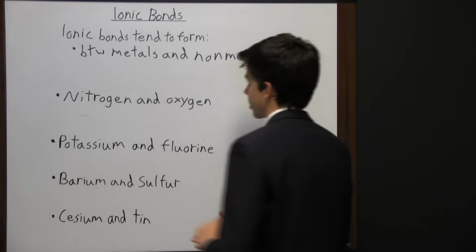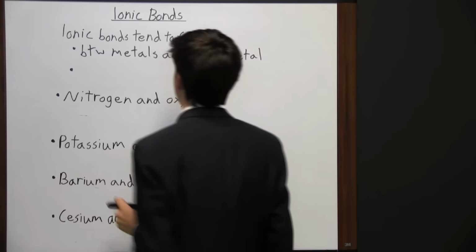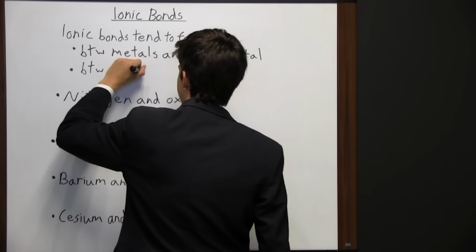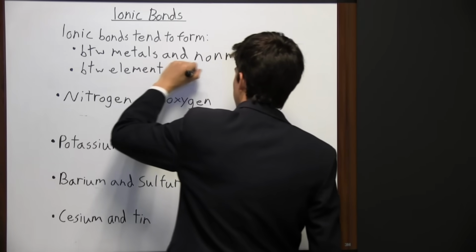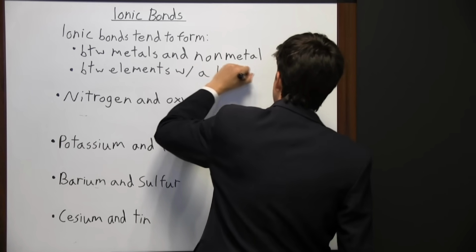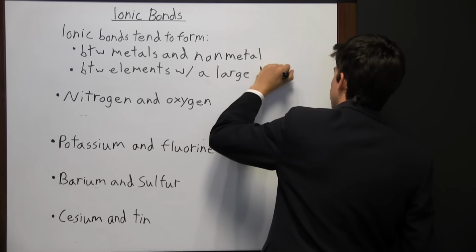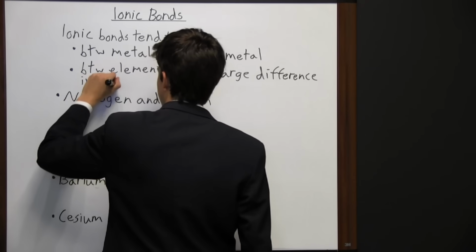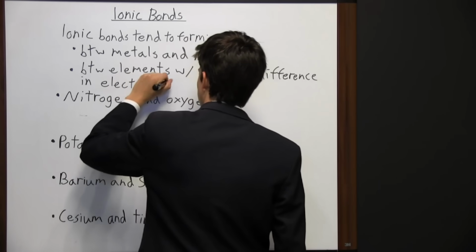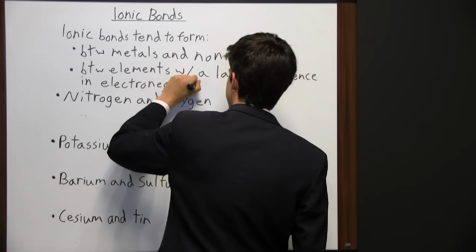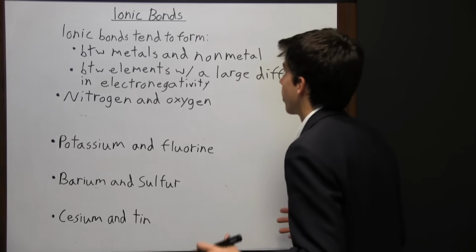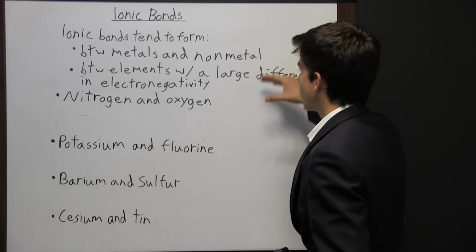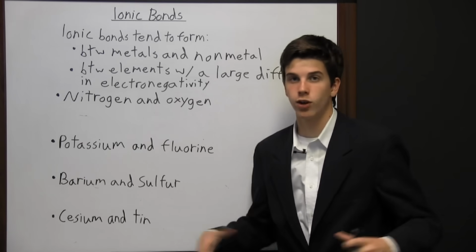Now the second criteria is that ionic bonds tend to form between elements with a large difference in electronegativity. So the larger the difference in electronegativity, the better the chance ionic bonds are going to form. And so if elements meet both of these criteria, there's a very good chance they are very likely to form